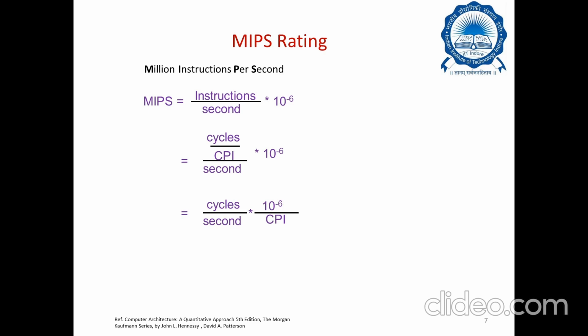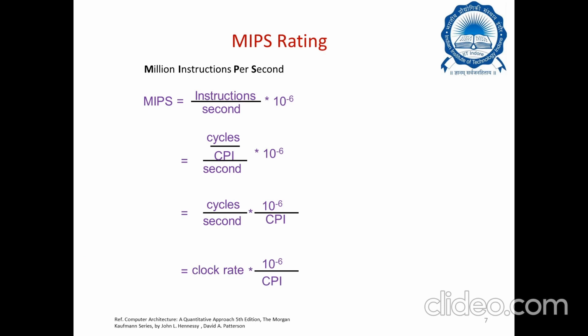Instructions can also be rewritten as cycles divided by CPI. That gives you a quantity as cycles divided by cycles per instruction, I beg your pardon. So it gives you the total number of instructions, and then again the cycles per second times 10 to the power minus 6 divided by CPI can also be another form of writing the same equation,